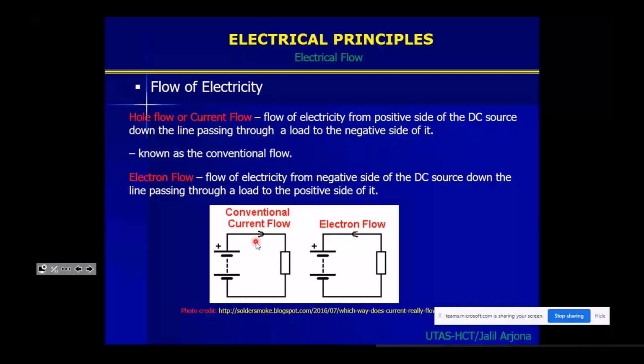And this flow of electricity will occur at the same time. The hole flow is from positive to negative, while the electrons go from negative to positive. Now, which one are you going to use? Which one are you going to consider? Either of those you can use. There are no problems on that because you will arrive at the same analysis and results. Only they are in opposite direction when it comes to polarity. So there is no issue which one you choose. You only have to choose one of them. Next slide.